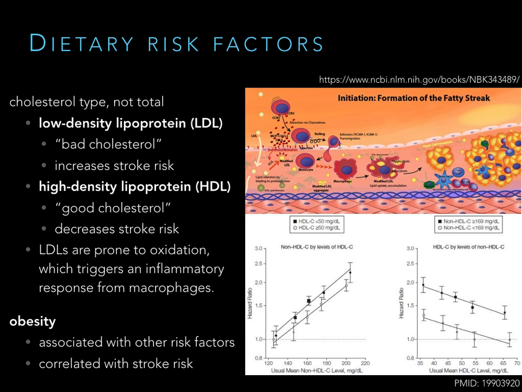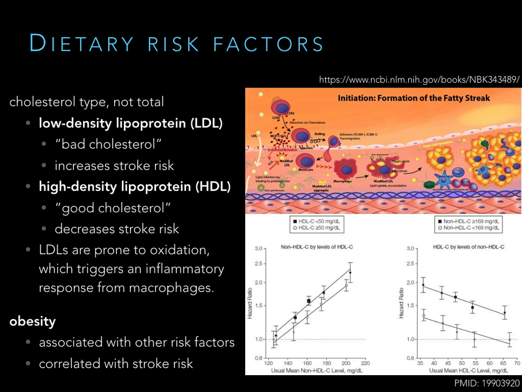It's not really about the total amount of fat, rather it's about the type of fat. So we have low or high density lipoproteins, bad or good cholesterol, if you will. The cartoon on top here is showing us the mechanism by which LDLs act as bad cholesterol. So low density lipoprotein is prone to oxidation. When it gets oxidized, it's going to trigger an inflammatory response. It's going to get taken up by macrophages. They're going to form what we call foam cells, and this is, of course, going to cause a buildup within